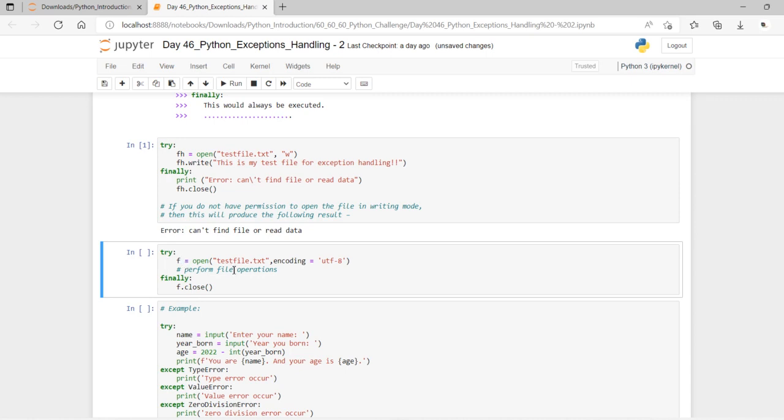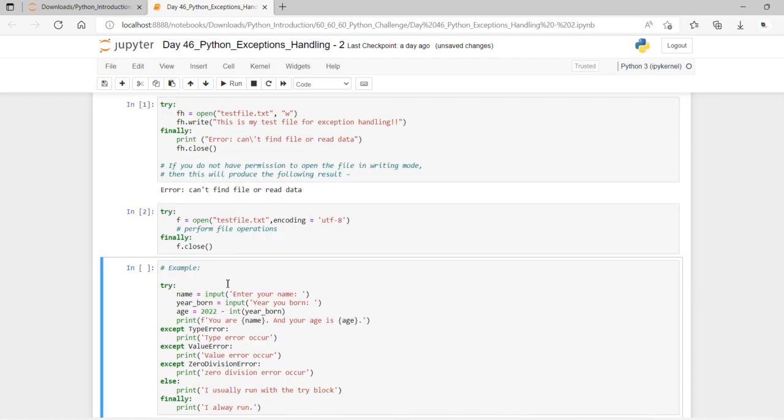See here, dear friends, you are going to make use of the text file, and you are making the encoding of this UTF-8, where you are going to have some file operation, whether to write it, or only to read it, or even any appending, and at last the finally is closed. So this type of construction makes sure that the file is closed even if exceptions occur during the program. That is what is mainly provided in the finally clause. So here the test file is closed now.